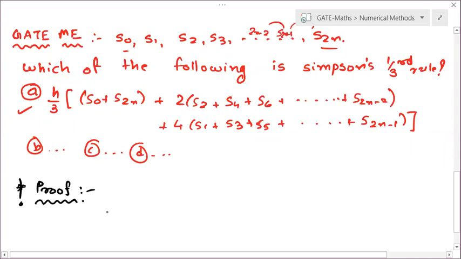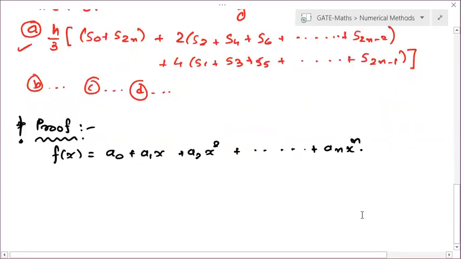So there is one polynomial, right? One general format of a polynomial is f of x can be written as a0 plus a1x plus a2x square up to anx to the power n. Okay. So if you limit your polynomial till n equal to 1, right? You will get till a0 plus a1x, or not? Right, till a0 plus a1x, your n is equal to 1.